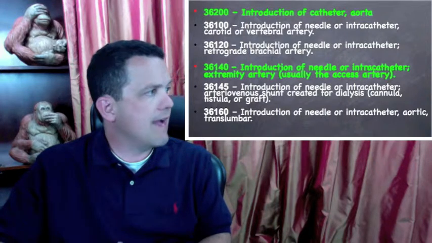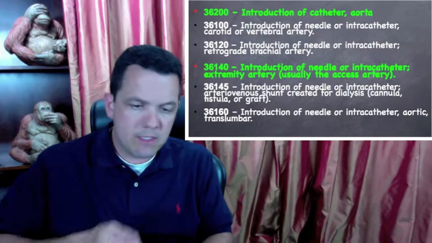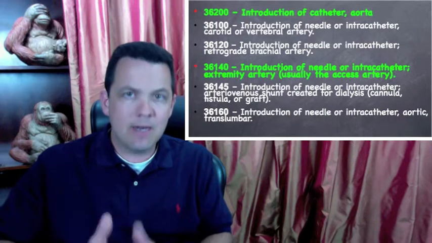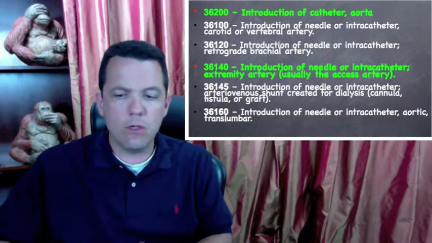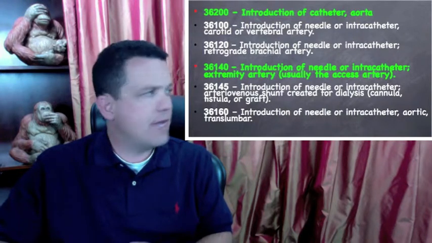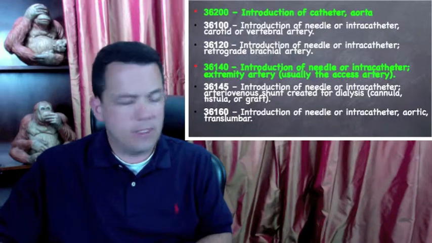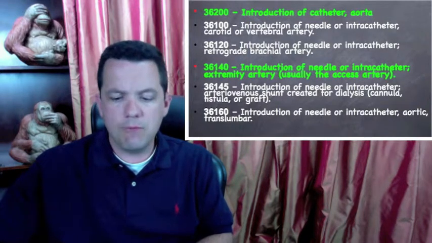For a number of different clinical reasons, doctors just do not perform these services very frequently. For example, the last one on this slide says introduction of the catheter into the aorta via a translumbar approach, which basically means that we're going in through the patient's back, which is not a procedure that's performed very commonly in practice, and you could go your entire coding career and never report this 36160 accurately. So kind of focus in on the two codes that are the most common, and those again are the 36140